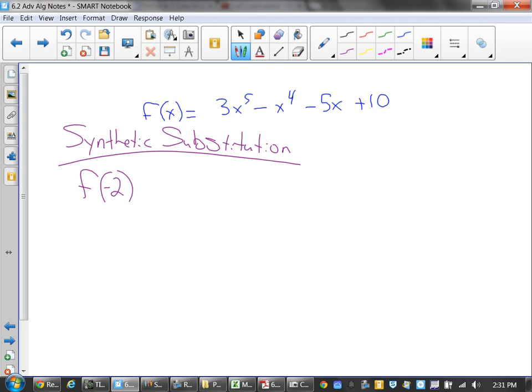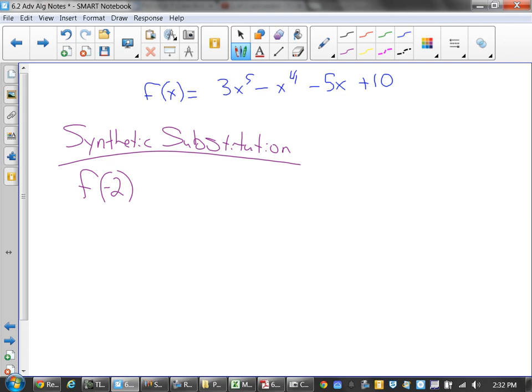Okay? Here's what you do when you're using synthetic substitution, and this is that skill that I was mentioning that you can do so much with. It's pretty nice. You can't make waffles, but what I want you to see here is in the original function,